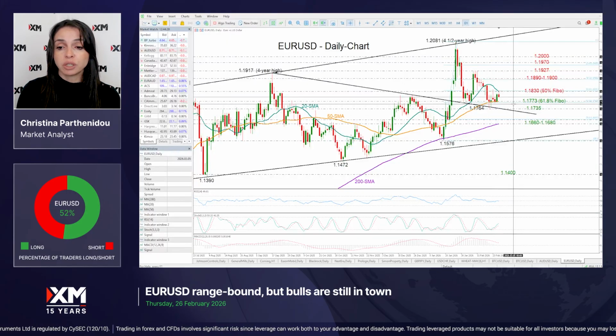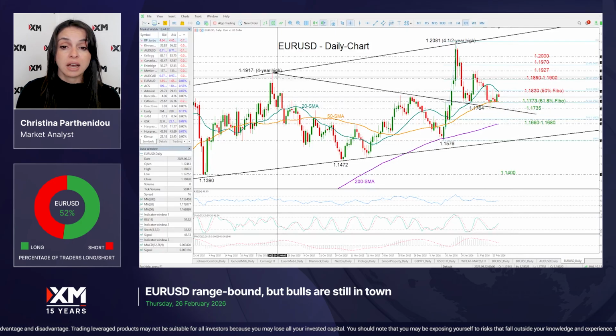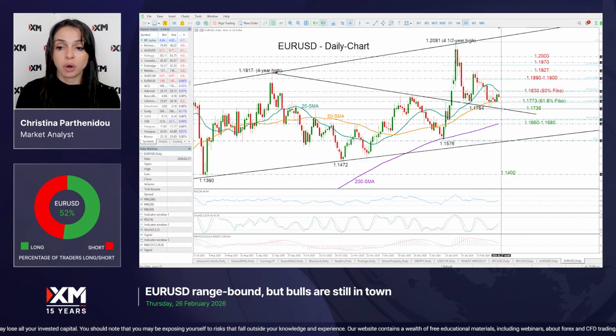Now, if downside pressures return and the price fails to hold above 1.1773, I believe there is another key pivotal region near 1.1735. That's where this former resistance trend line from September is located, and that line managed to act as key support a couple of sessions ago. So I would keep a close eye on this region, and if the price manages to close below this territory, then the focus will turn to the 1.1680 region,